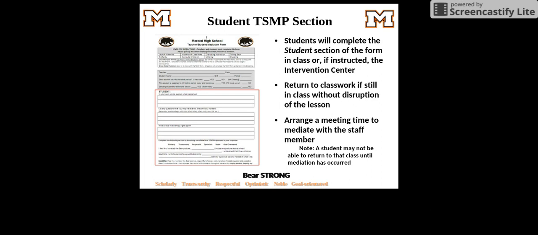of class. The student section includes you explaining in your own words what happened, listing any questions about the conflict, and how would you make things correct, along with an area discussing our Bear strong posture and how it correlates with the conflict. Also, the student realizes that you'll have the opportunity to voice any concerns with the teacher because a meeting at a later date with the teacher is mandatory before the next time the student comes to class with that teacher.